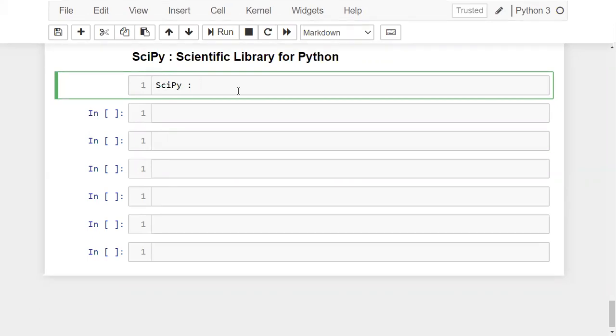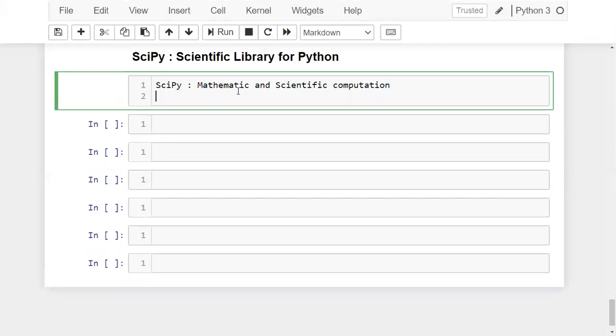Whenever you want to perform any mathematic related or scientific related computations, then we most probably go with this SciPy package. This SciPy is based on the NumPy package.